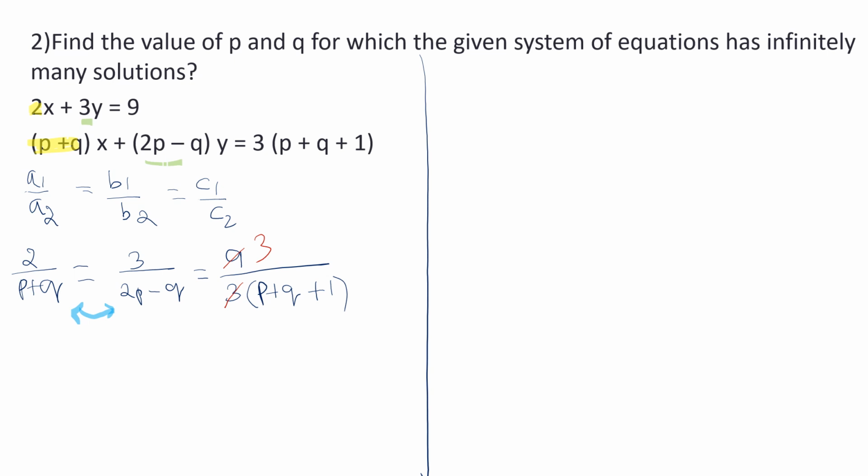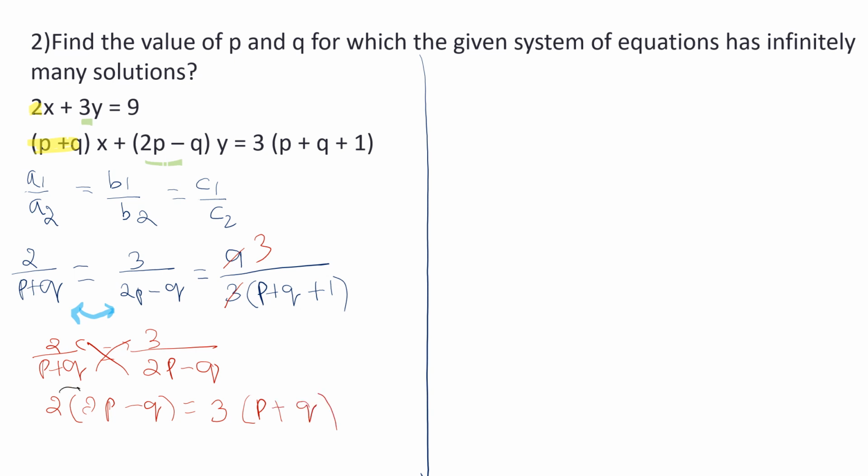So when we are equating, we get 2 by p plus q is equal to 3 by 2q, 2p minus q. So now you cross multiply. So 2 times of 2p minus q is same as 3 times of p plus q. So now we need to distribute. When you are distributing, it becomes 4p, then here minus 2q is equal to